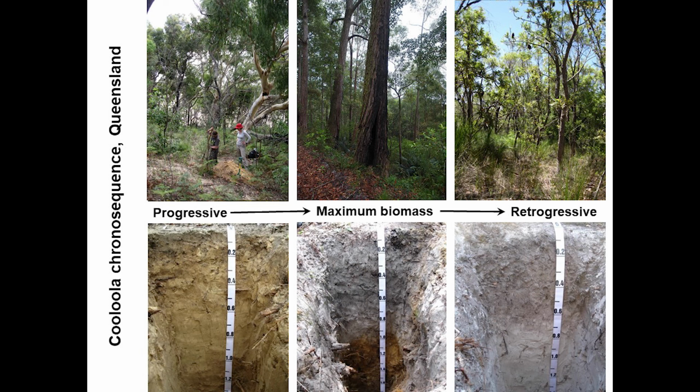It's fairly low stature, and this is a typical example of a nitrogen-limited stage of the ecosystem. We call this the progressive developmental stage of the ecosystem. After about 200,000 years, the soils look like they do in the middle panel there. What's happened is that we've started podzolisation. Iron oxides have been leached from the upper part of the soil profile by organic acids from plant litter inputs. And so the iron oxides are accumulating in a spodic horizon about 1 metre down in the soil, leaving this